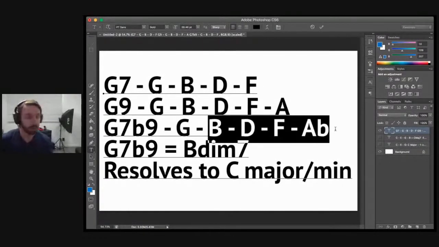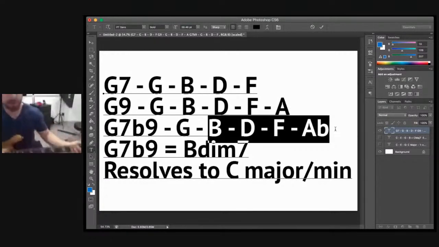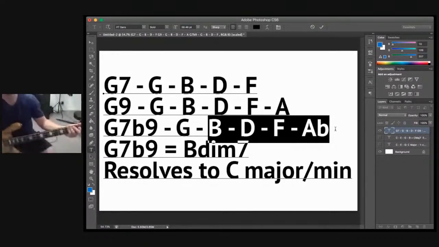So if you have all the notes there, have a look at where each of them resolve. If we've got a B and we're resolving to some kind of C, what's the closest note in the next chord? What's the closest note in C major to B? It's going to be a C, right? So we've got the B diminished resolving to the C, whether it's a C major or a C minor, it's the same thing. B diminished going to C minor, B diminished going to C major.